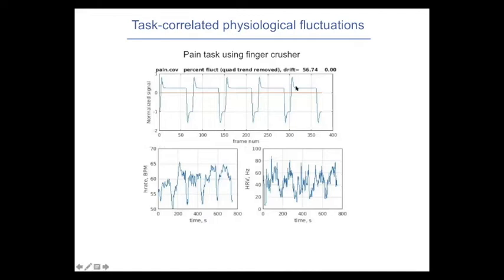And the top panel is the ideal response derived by convolving the paradigm with the canonical hemodynamic response function. The bottom left panel shows the heart rate changes, and the right shows the heart rate variability. And you can see in this case, there are really task-coupled changes in the heart rate. So if you don't think more about such a coupling, and just go ahead with all those physio corrections,